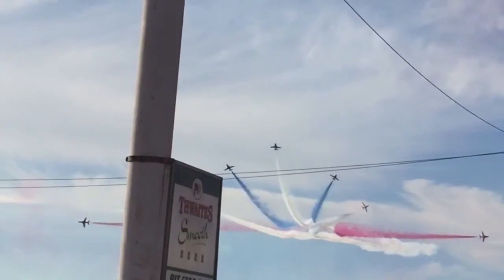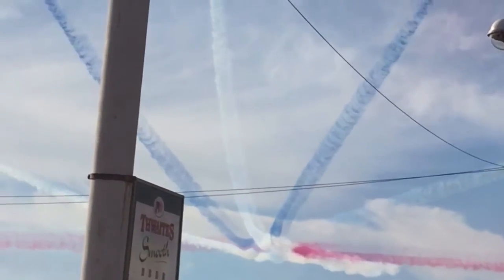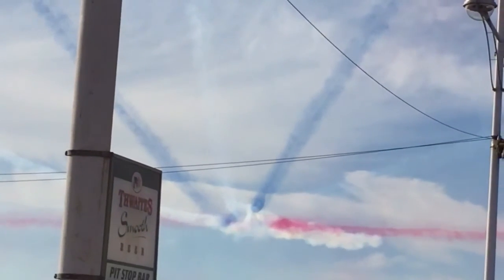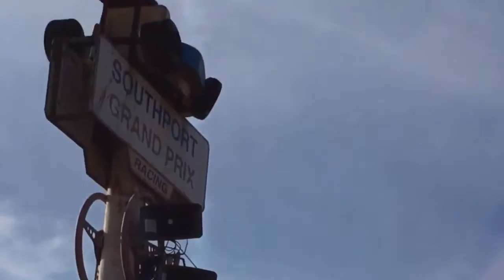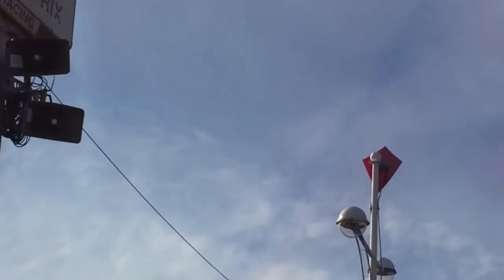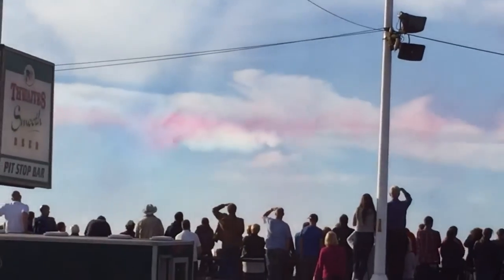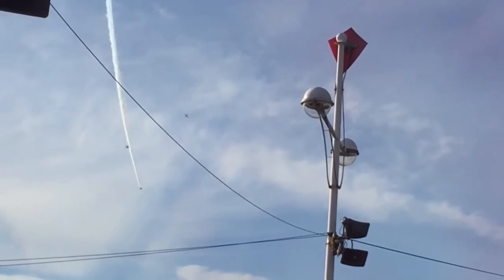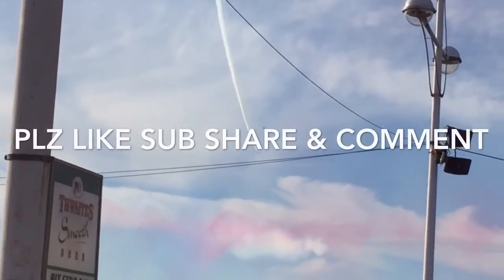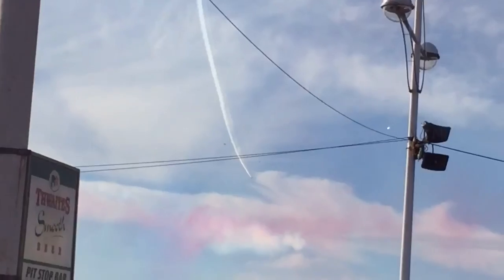You've been watching the Royal Air Force Aerobatic Team, the Red Arrows! Red One puts some white smoke on so the other aircraft can see him easier, and they're going to gather all 9 jets together and recover over to Warton Airfield. They'll be there in a couple of minutes' time, where our team of engineers